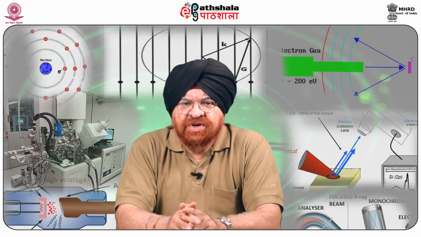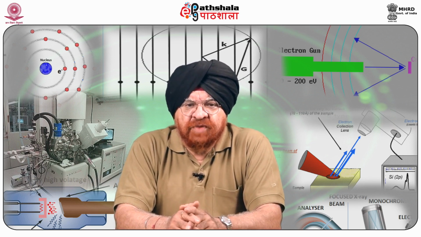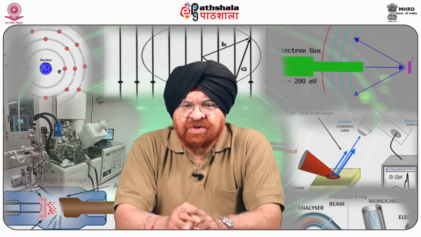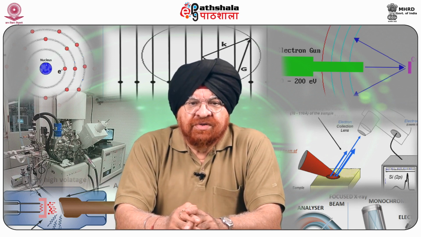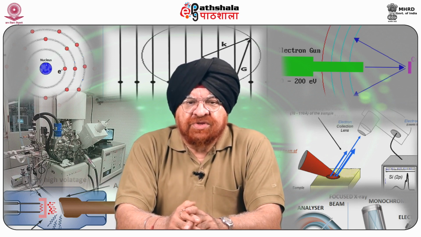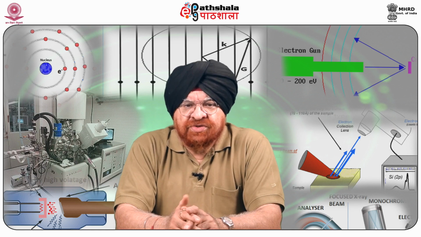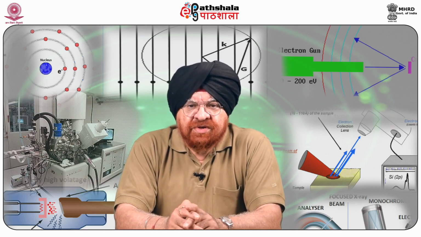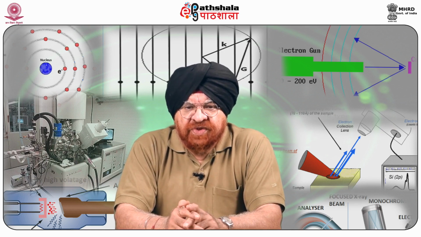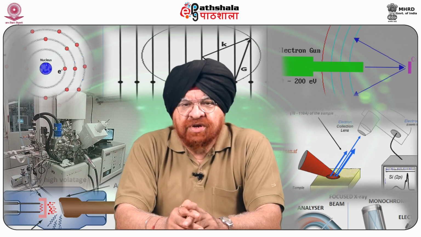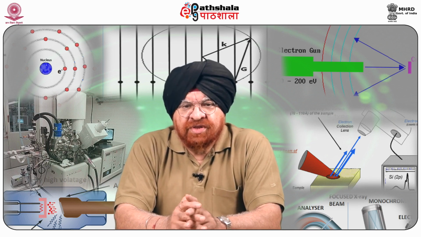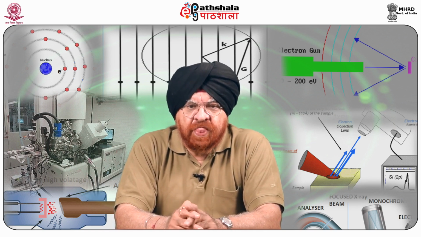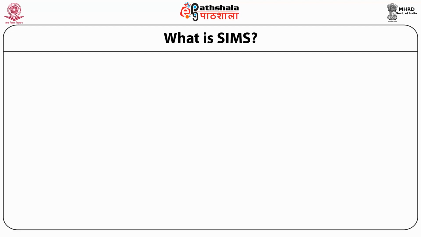The amount of ionized material that is sputtered depends on various factors, such as the chemical structure of the substrate, the ionization efficiency of the substrate, and the ionization efficiency of the elements present within the sample surface. The foremost important parameter in this study is the nature and the energy of the primary ions to be used, which talks about what is SIMS.